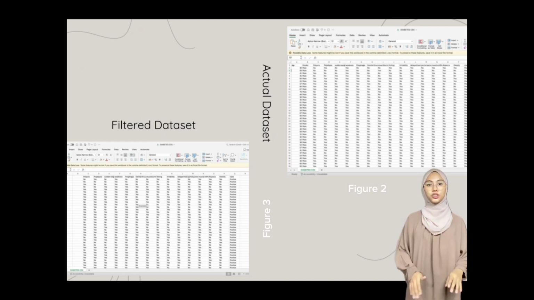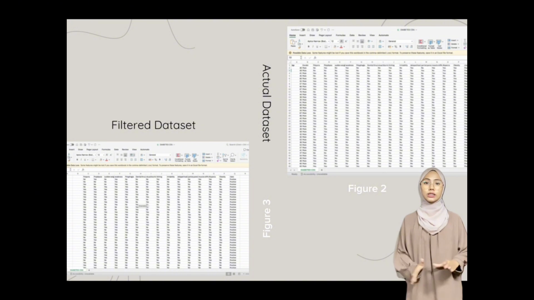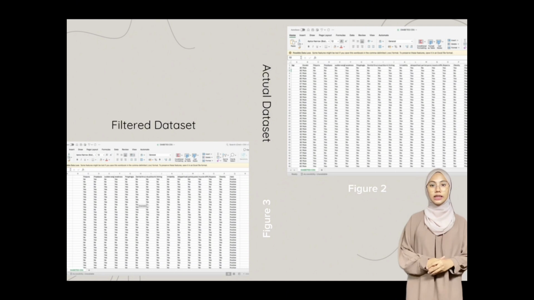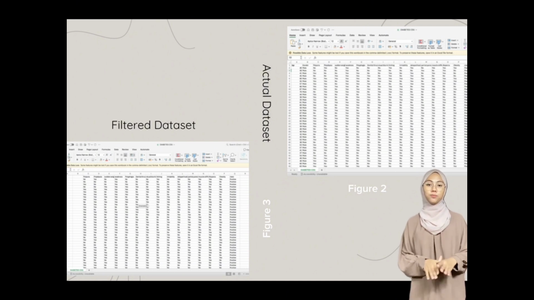The purpose of this filtering and data preparation step is to focus the analysis on the most relevant variables, removing any irrelevant or redundant information that could potentially introduce noise or skew the results. By working with the filtered, streamlined dataset shown in Figure 3, the researchers were able to optimize the effectiveness and accuracy of the subsequent modeling and prediction tasks. So, in summary, Figure 2 depicts the raw, unprocessed dataset, while Figure 3 shows the clean, filtered dataset that was used as the input for the main data analysis and modeling phases.